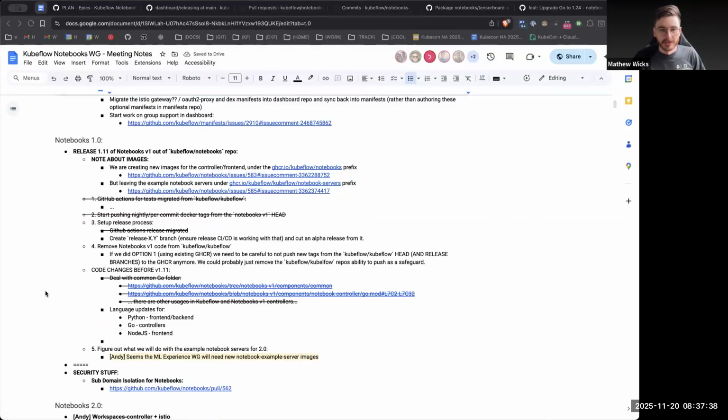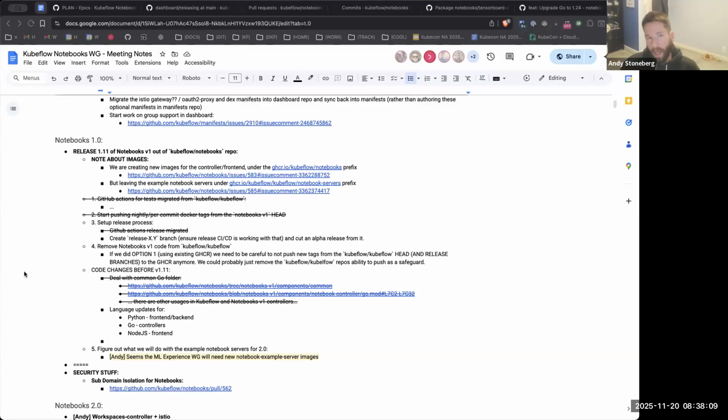I always do it, which is like I go through, as an AI user or machine learning user, and update what I think the reference Kubeflow notebook images should be. You know what I mean? Based off the current trends in the industry around PyTorch versions and CUDA versions and things like that. Before we cut our notebooks release, that's the point at which I usually do that. And usually stuff breaks because you need to update the notebook images, not the controller images, because we will be releasing new ones of those from here.